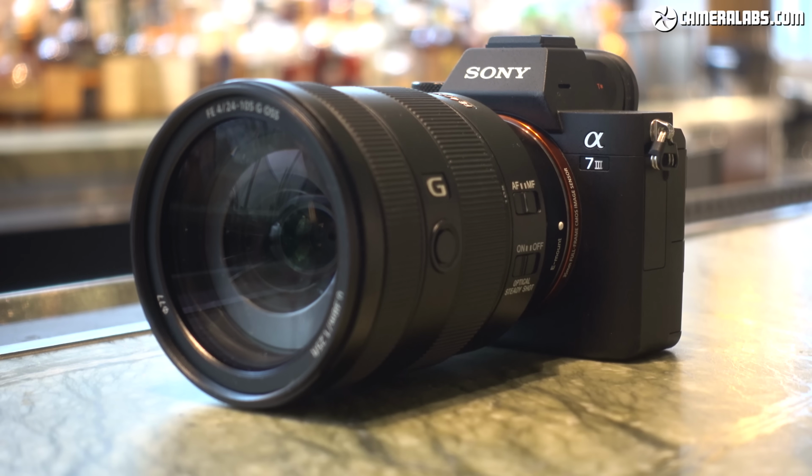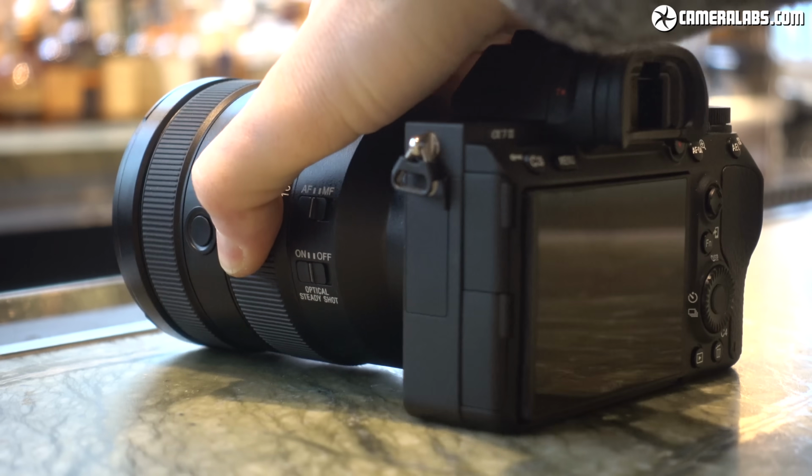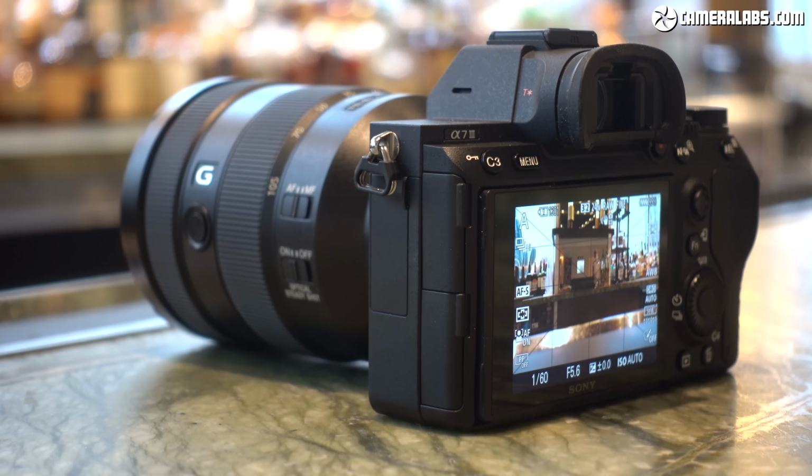Overall, the A7 Mark III looks like a very impressive specification for the money and redefines what we can expect from a so-called entry-level or basic model. It's certainly very competitive against full-frame DSLRs, not to mention the recent raft of higher-end APS-C and Micro Four Thirds options. It even makes you look twice at the A7R Mark III, which costs over 50% more, with the only